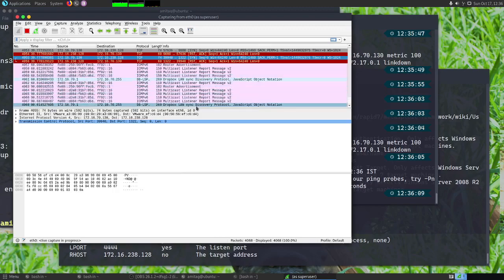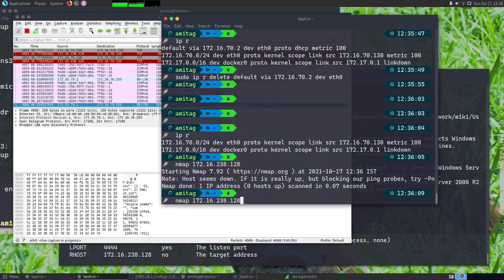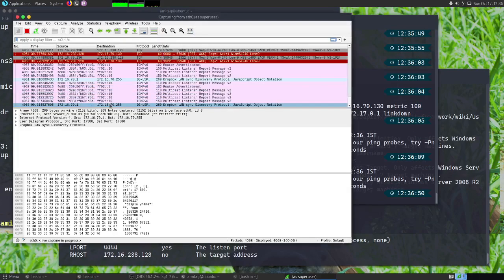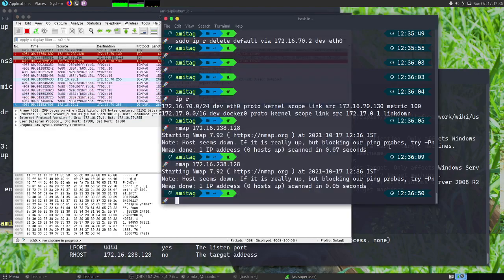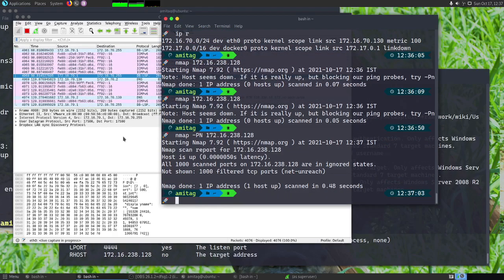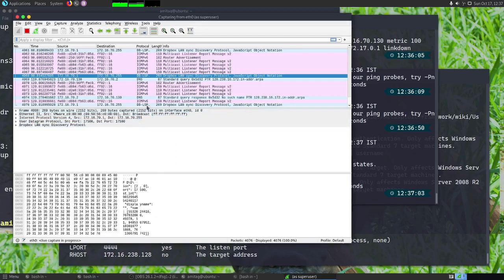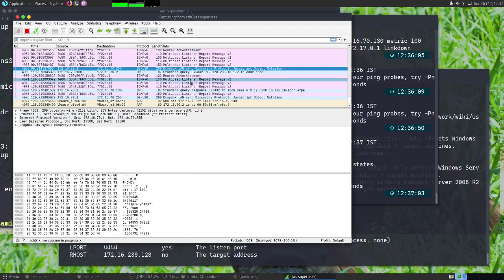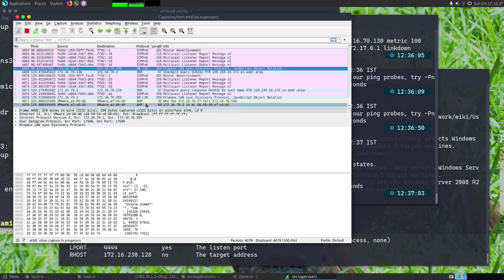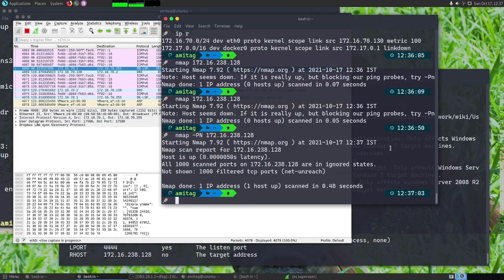Okay, let's do this one more time. There doesn't seem to be any packets in. Yeah, because probably it is not doing anything. Let's disable ping, and we can see that once we disable ping, still it is not able to get any packets, and we cannot see any packets being sent.